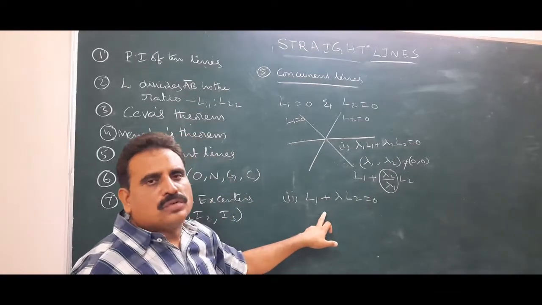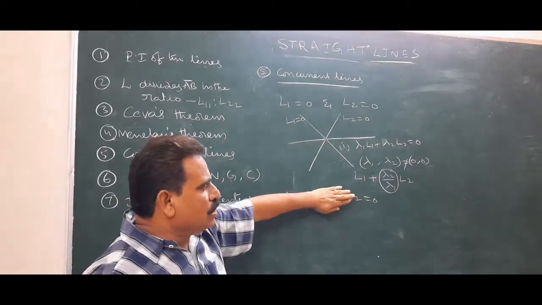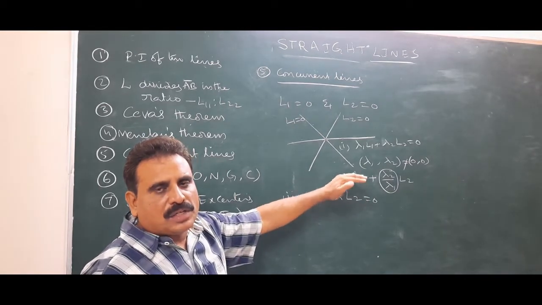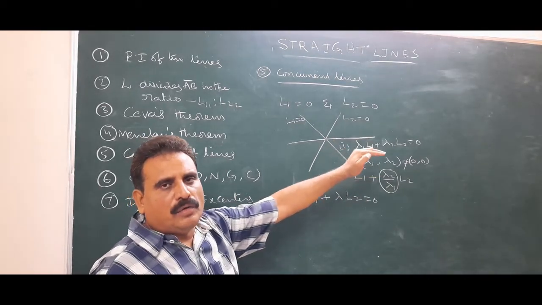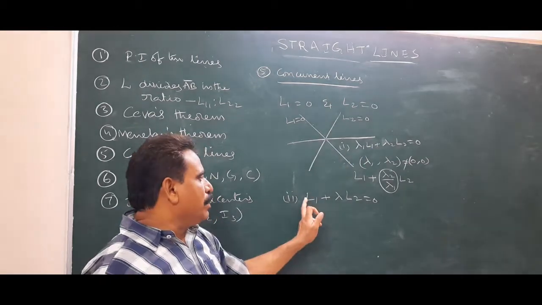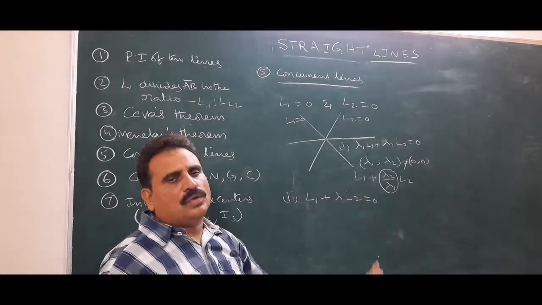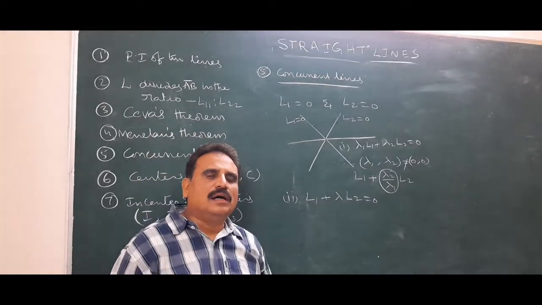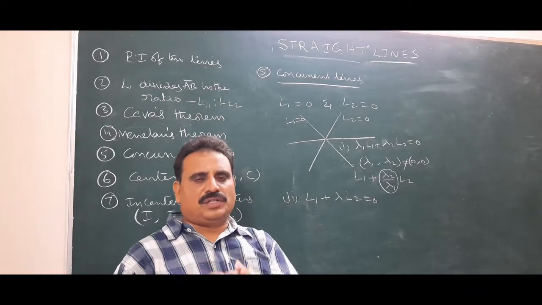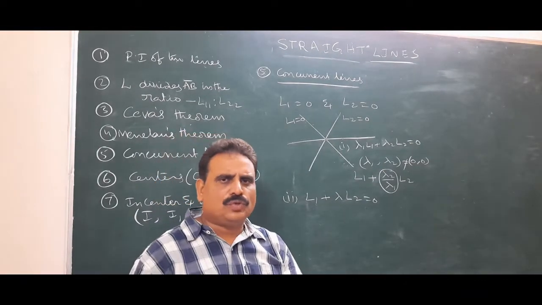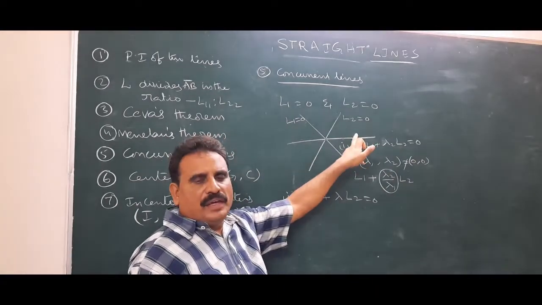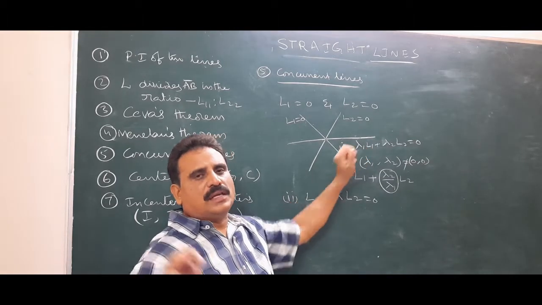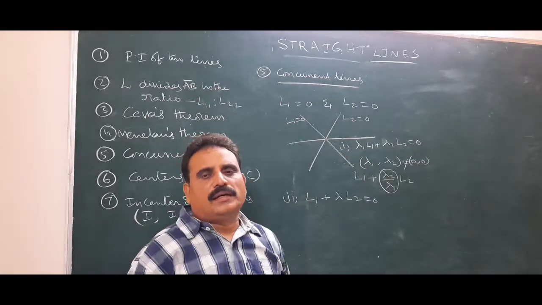It is a better way to solve problems. In problems, we use this formula only. The equation of the line passing through the point of intersection of two lines L1 equal to 0 and L2 equal to 0 can be taken as lambda 1 L1 plus lambda L2 equal to 0. The lambda can be obtained by applying the additional condition. What is the additional condition? Sometimes it is passing through a point, or having an x-intercept or y-intercept, or the slope is given. By applying that condition, we get the lambda value.